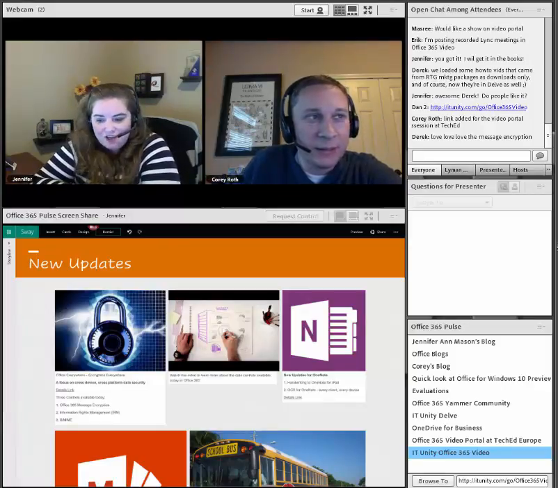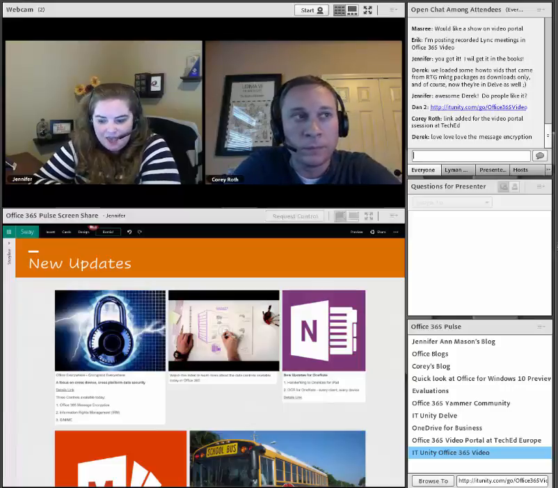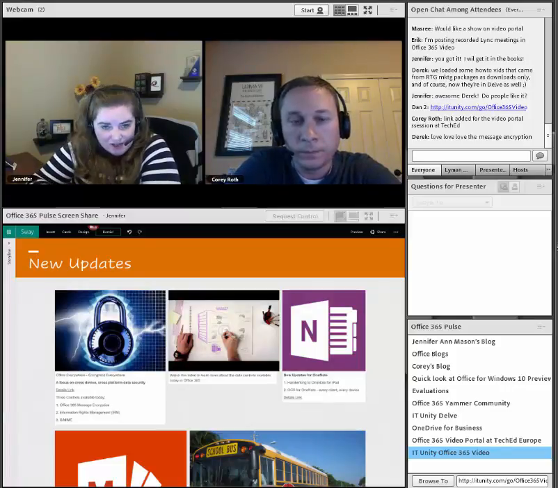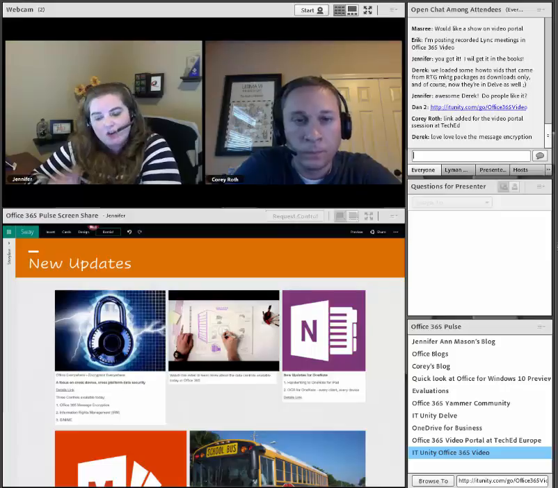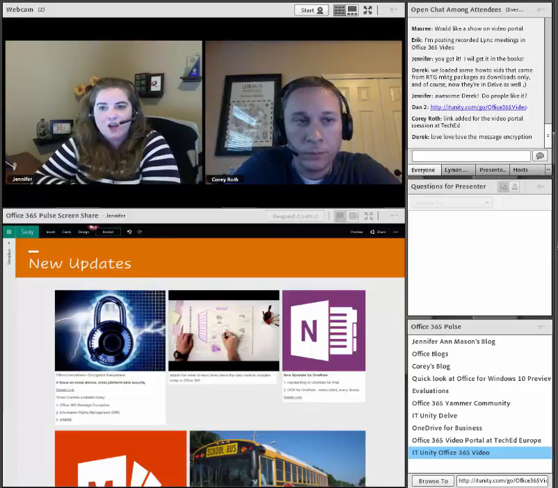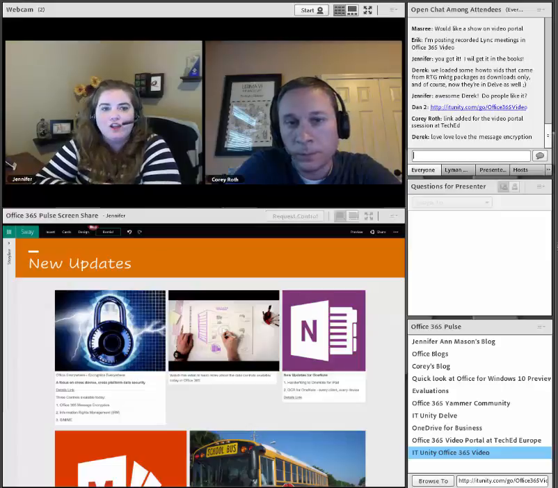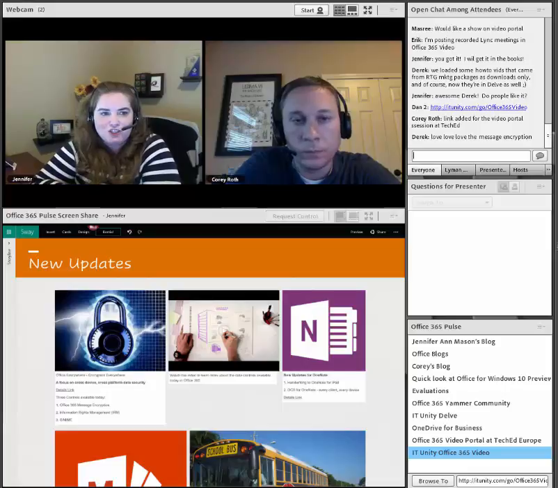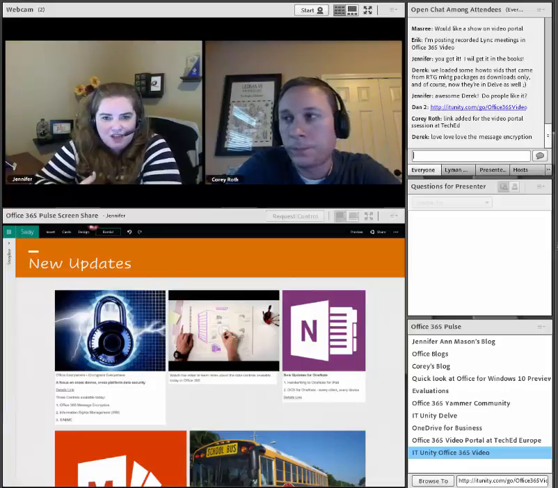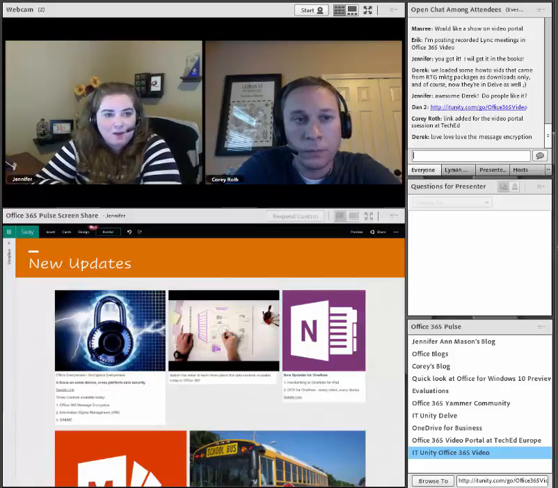OneNote is now getting OCR for the iPad, and also handwriting for the iPad and OCR across every client on every device, which is another place where you're seeing these changes come out: every client, every device, everything working the same. Maybe that's not a mantra they're marching to or saying all the time, but that's what we're starting to see in these small updates.